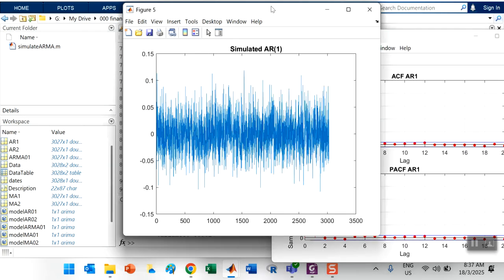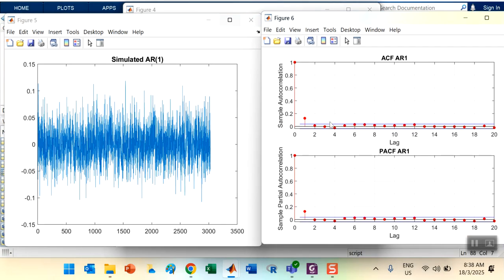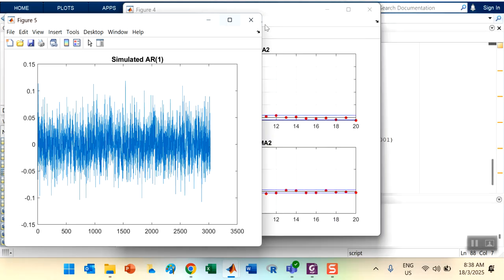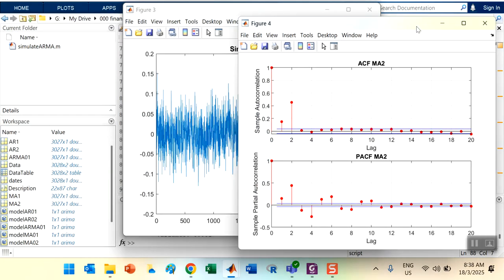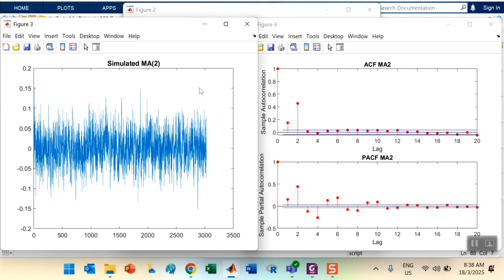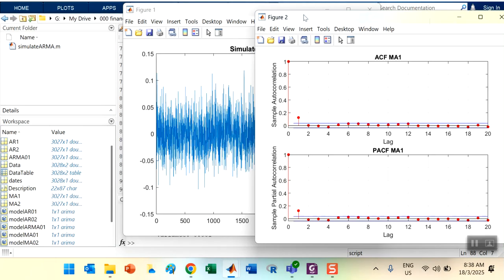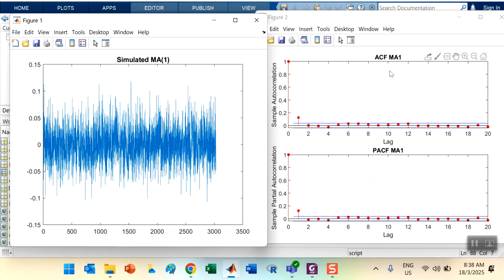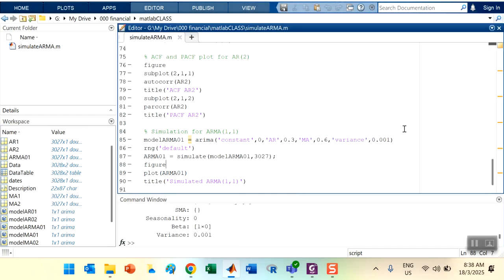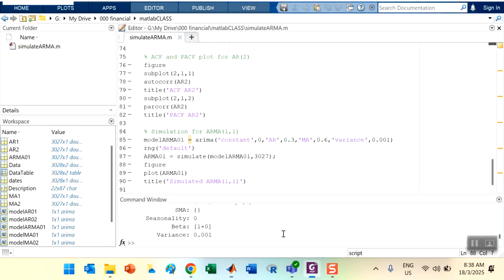Okay, guys. So for AR1 and MA1, we have only one spike. Since the decay will not be significant in the PACF, it identifies AR1. Whereas for MA2, we're going to look at the ACF here, where there are two significant spikes. And MA1 with one significant spike in the ACF. Okay, so this is one way to identify the possible